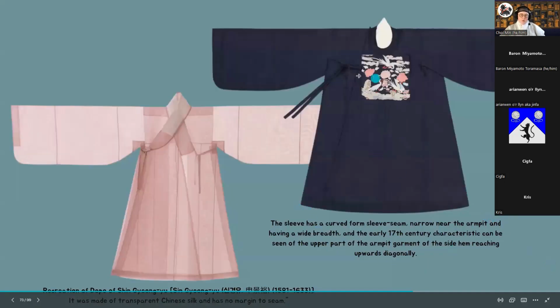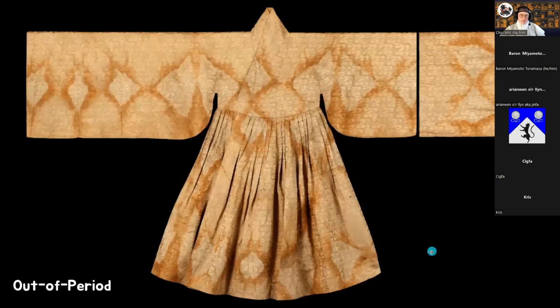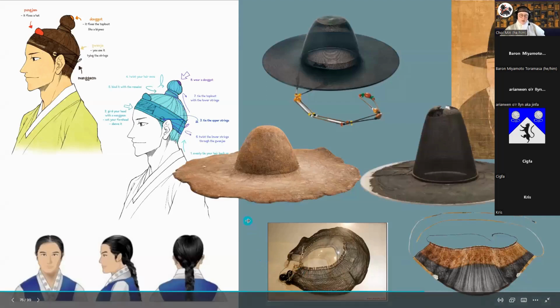And here's some out of period ones. So see how this goes up really high, and then how the sleeves come down and round out so much. Same here. The armpits are really high. That's how you know that that's out of period. Same for this. See how high the skirt got? Even though this is a choluk with detachable sleeves, we've got the super low scoop and then the super high skirt there.